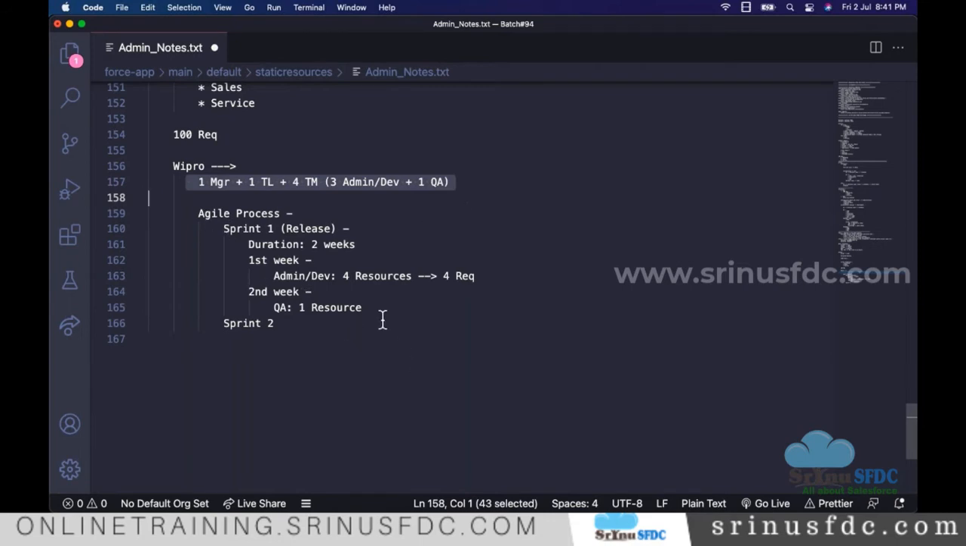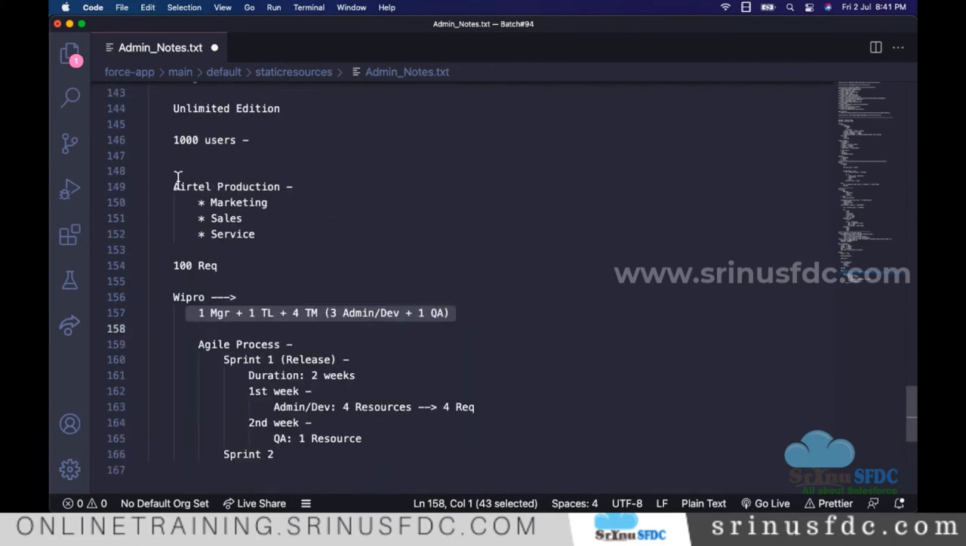In the first week, while achieving these requirements, we should not work directly in production. Directly working in production is not good. It will spoil the end users' transactions, and everything will be affected. So that's why